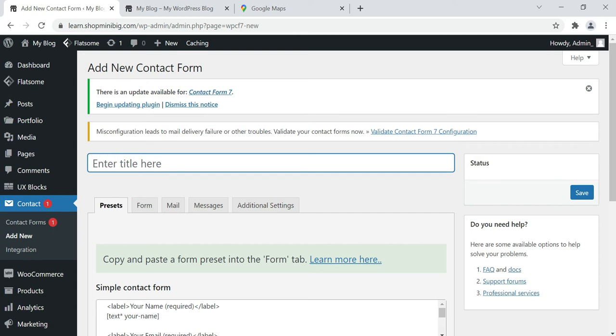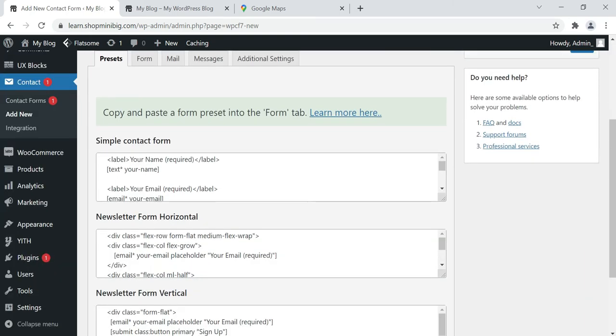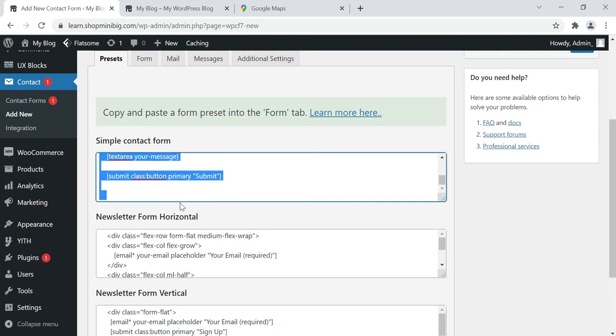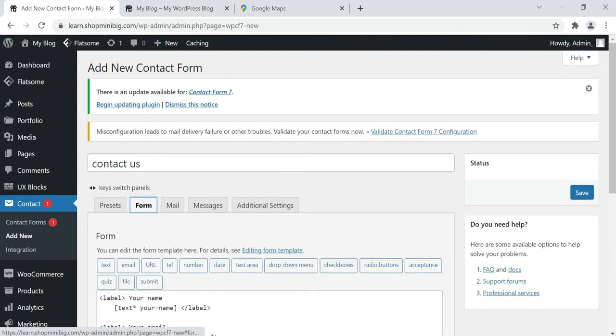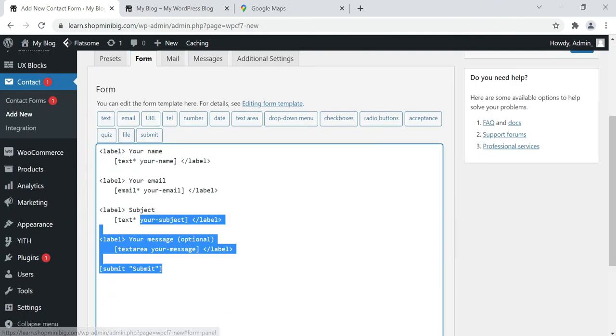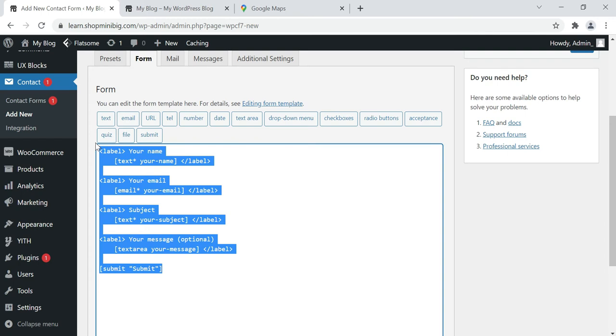Enter the name of your contact page, contact us, then simply copy this contact form code, then go to the form and replace this code with your code.